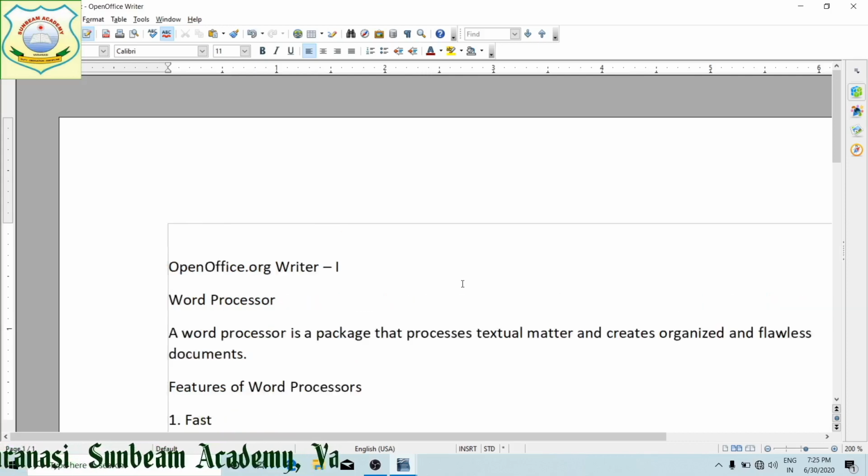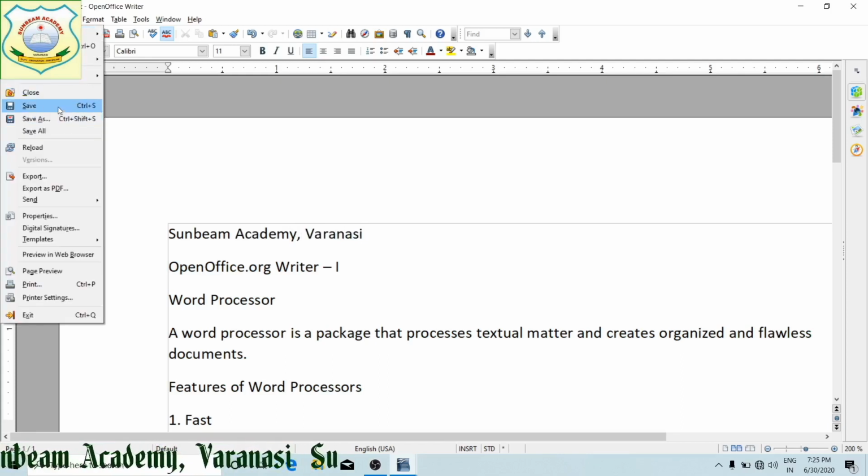So I have written students. Now see, Save and Save As are both activated. If you are not going to write anything into an already opened document, then we cannot see the Save option, right? Only Save As.